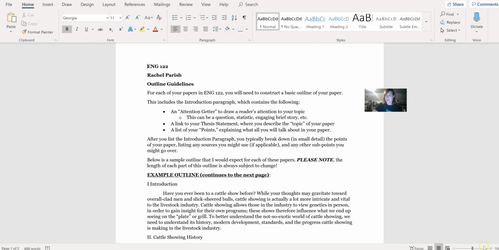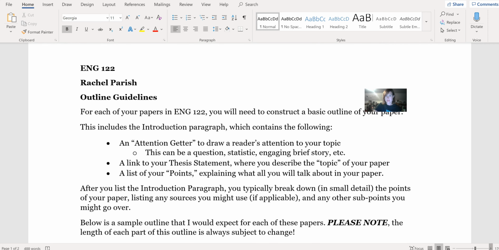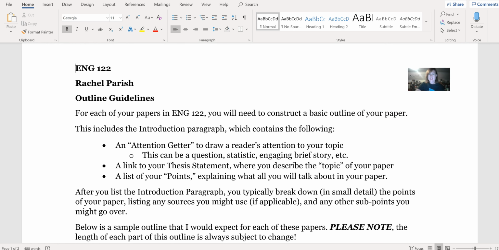So, let me get this in here. Basically, I can understand why some students don't like outlines. When I was in high school, I was not an outline person. I naturally like writing. I'm an English major. I should like writing. So my biggest thing was just to sit down one night, chuck out a 4-page paper in 2 hours and call it good. And I could pull that off in high school. I could make that work.